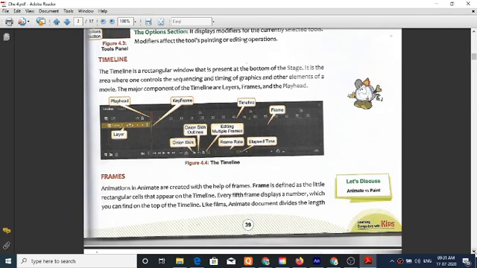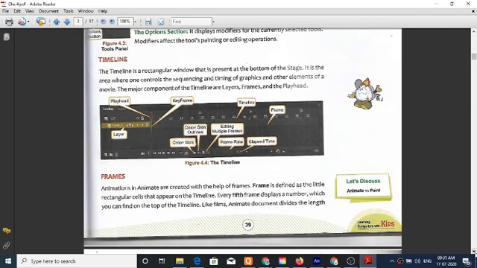Now, playhead first. Playhead is a tool that indicates which part of videos, movies, and animation is moving, and which pictures and scenes are available on the screen.